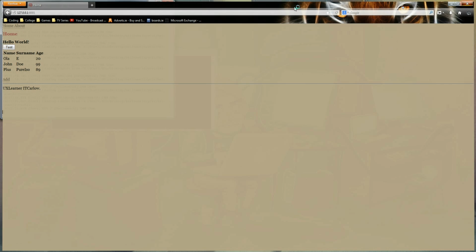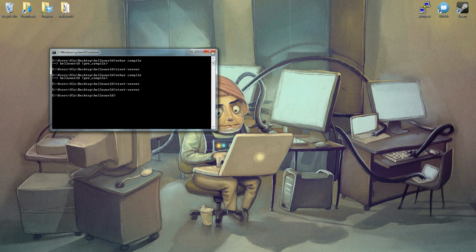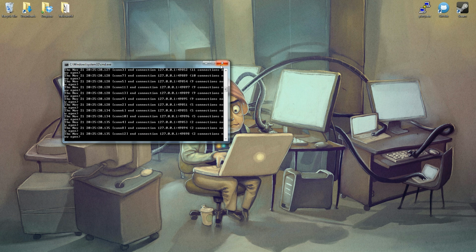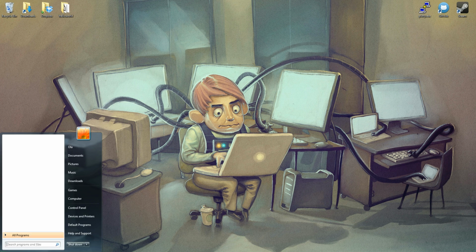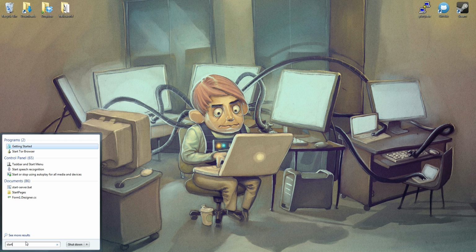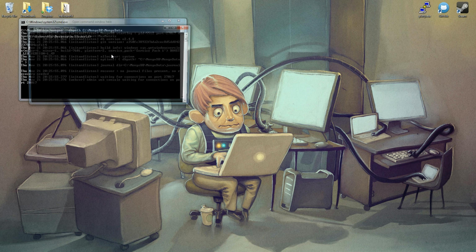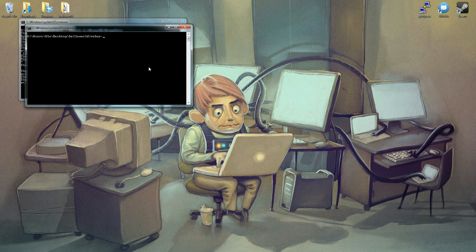Let's close it down, and let's close down our server and the command prompt, and let's close the MongoDB database. Now let's just restart to make sure our data are still persistent. They're still located on the database, and even if we turn it off, we can still get it back. So start Mongo, and open command here, rebar, compile,